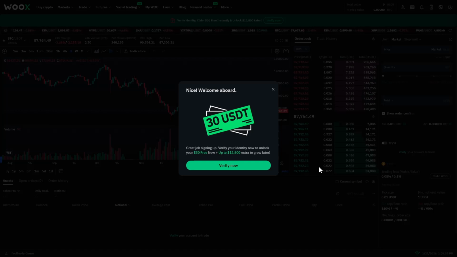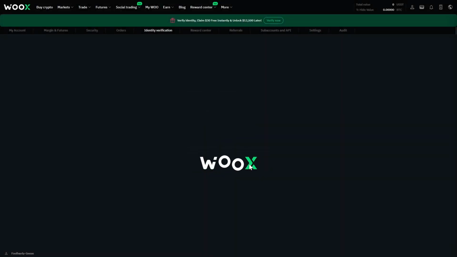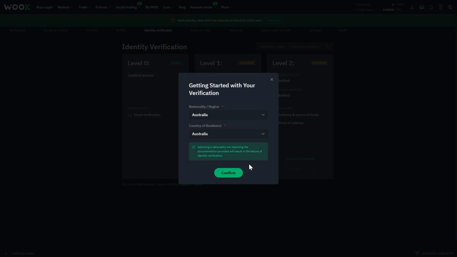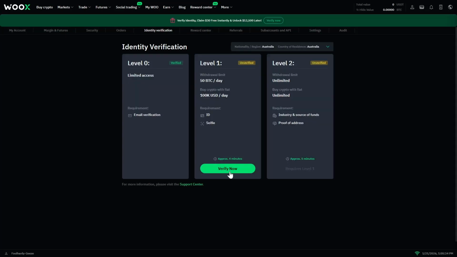To use any of WooX's services, you need to verify yourself via KYC. So we would go to Verify Now, put in your nationality and your country of residence. You need to at least do a level 1 verification to be able to use the platform, which means you would have to submit an ID and take a selfie. So to do that, you would just verify now,